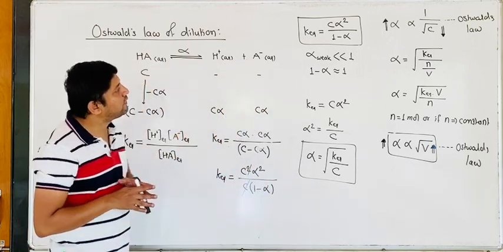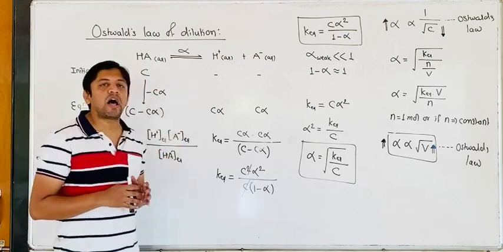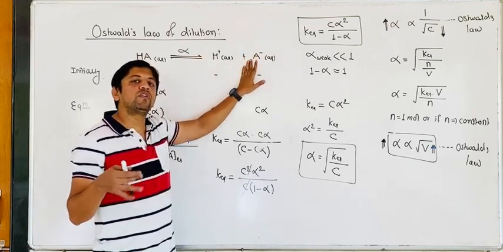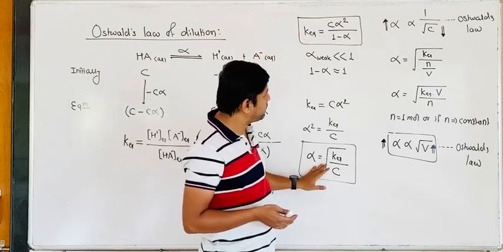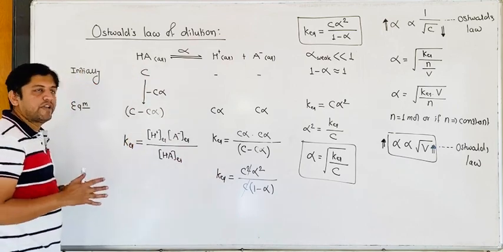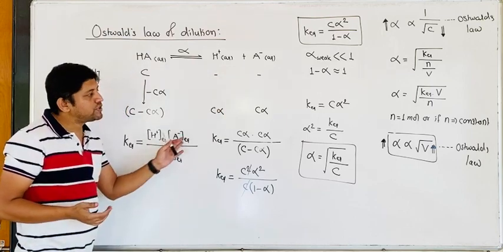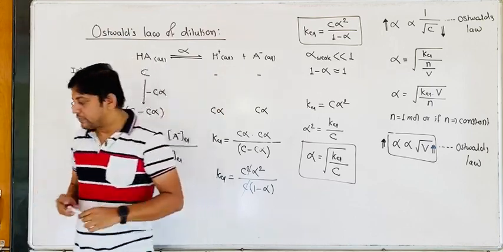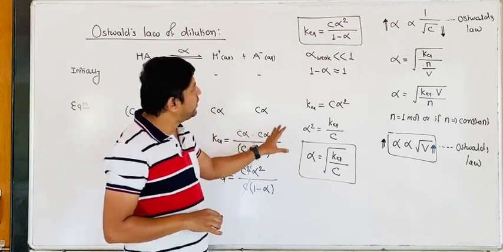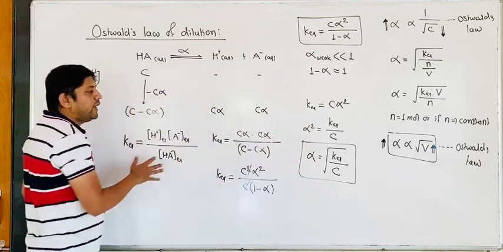Now these expressions we derive depend on stoichiometry. Generally in textbooks all the examples are based on a stoichiometry like 1:2, 1:1, and those numericals can be solved by memorizing these expressions. But these expressions are not fixed, they depend on stoichiometry. When stoichiometry is changed, these expressions are also changed. So it is known as Ostwald's law of dilution, and the method we follow to derive Ostwald's law of dilution is very important for solving different numericals.